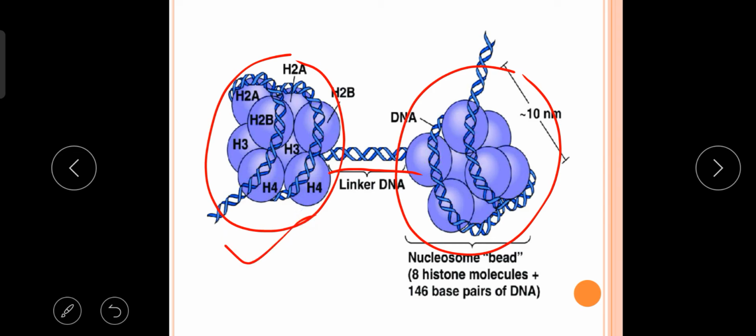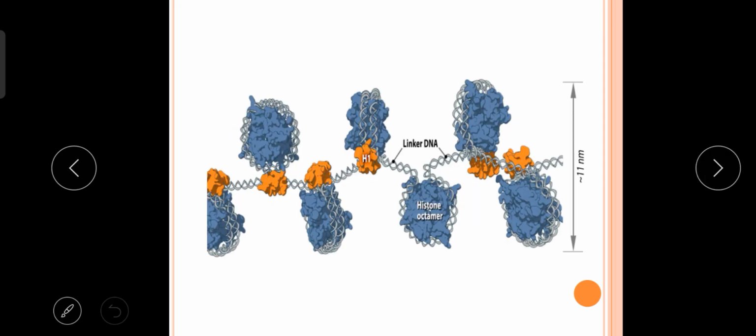Here there are only two, but just like these two, many nucleosomes are present in the chromosome, appearing as beads on a string. All these nucleosomes are linked together with the help of linker DNA. The linker DNA means that DNA which joins two nucleosomes in the chromosome. Okay, this way. Now move to the next one.